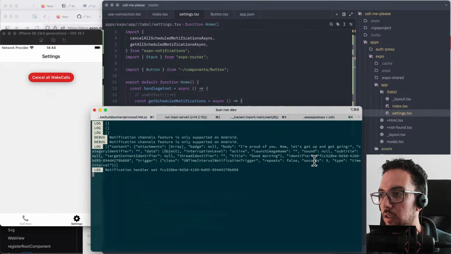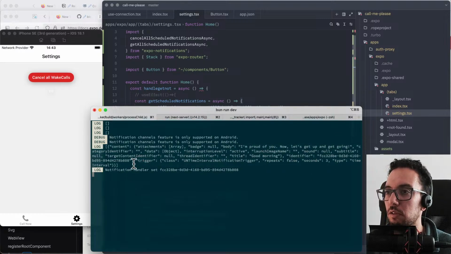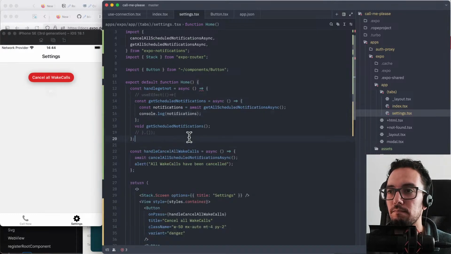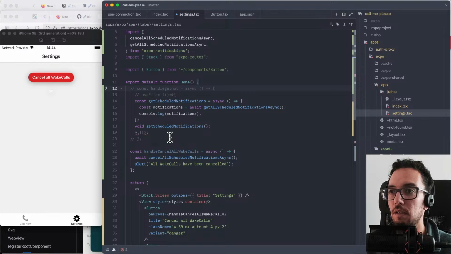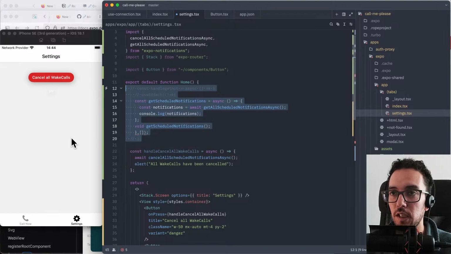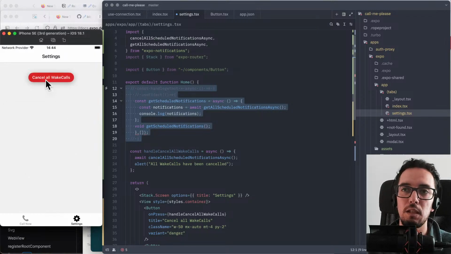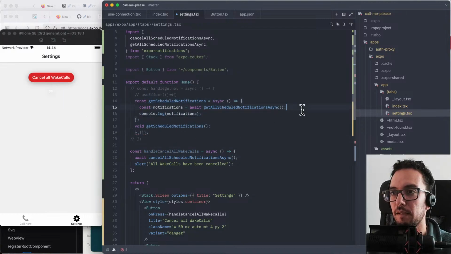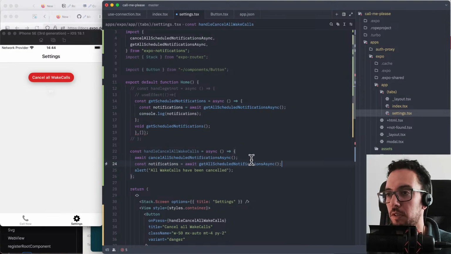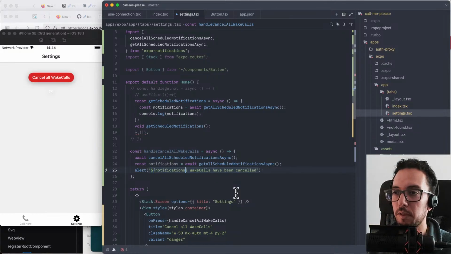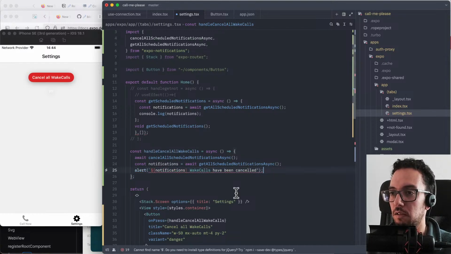And then in 3 seconds it should do that, it should not repeat, etc. So we get that notification. This is good in theory to run when we load the screen initially. My thought process was, let's load this initially to see if there are any scheduled notifications. If there are, then enable this button, otherwise indicate there's nothing to cancel. Maybe to be a bit more specific, we can run that there, and then we can say how many were cancelled. I'm over-engineering this part a bit,